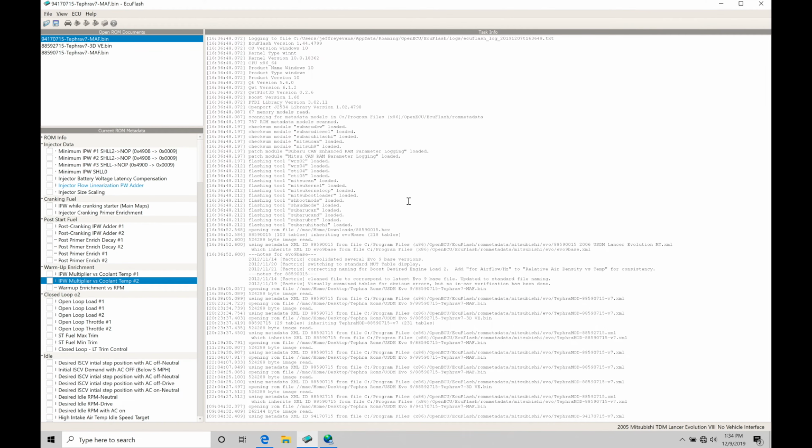We're going to be talking about and working with our idle control in our Evo 8 and Evo 9 ECUs, and we're going to be looking at how to program it properly in our ECU Flash software. So a couple of things about our idle control in Evo 8 or Evo 9. We're going to have both a virtual side that we can program and a mechanical side that we can actually make adjustments to physically in the engine bay. And we have to make sure they're synced up. We have to make sure everything is working in unison together, or we're going to have undesirable results